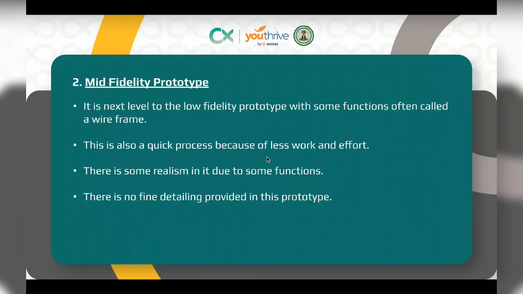Mid-fidelity wireframe. Then let's go back to flowchart where we'll talk about types of flowchart and we'll talk about wire flow. Now you can see that wire flow, mid-fidelity wireframe, and mid-fidelity prototype. These are two combinations that make up wire flow. One element from screen 1 to screen 2, element from screen 2 to screen 3. So this is actually a mid fidelity. It is the next level to the low fidelity